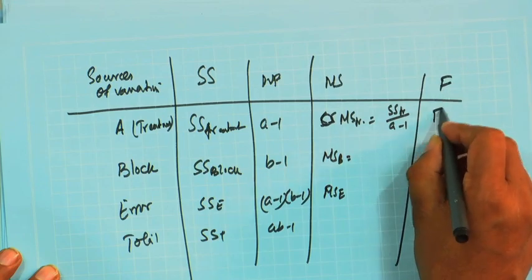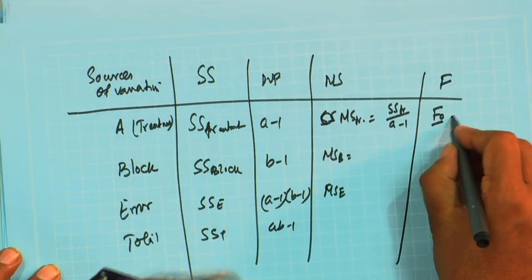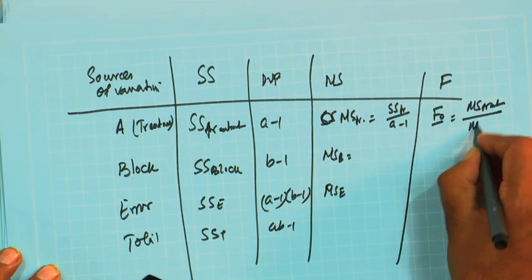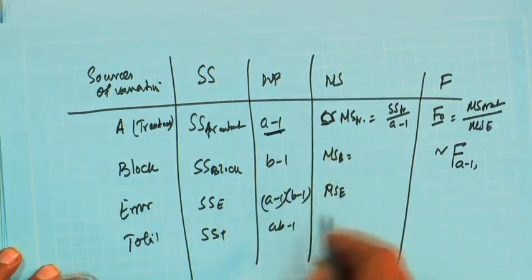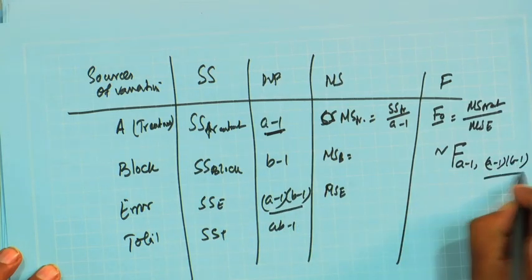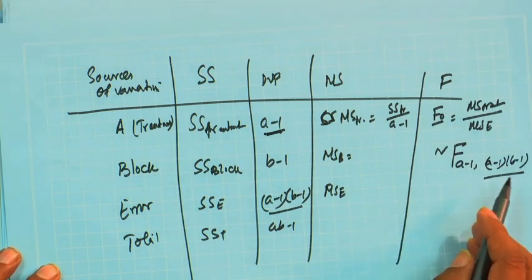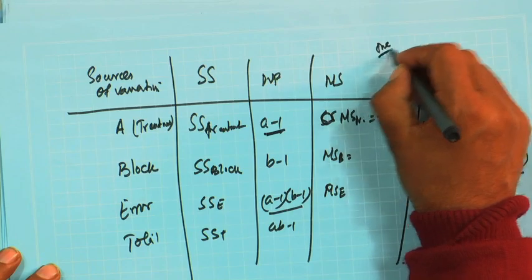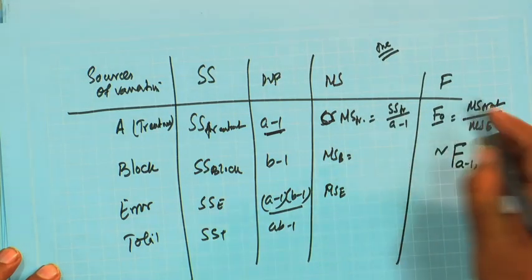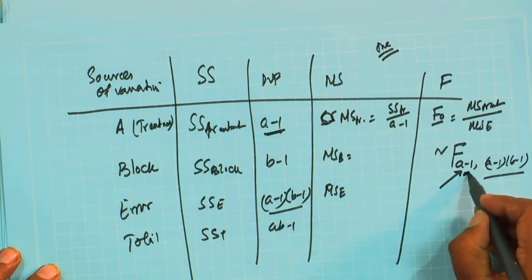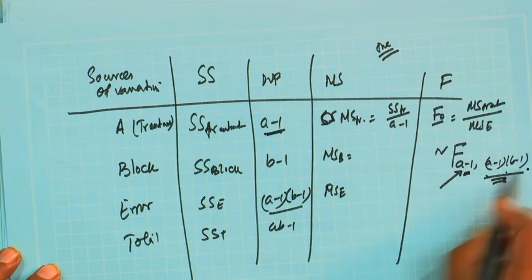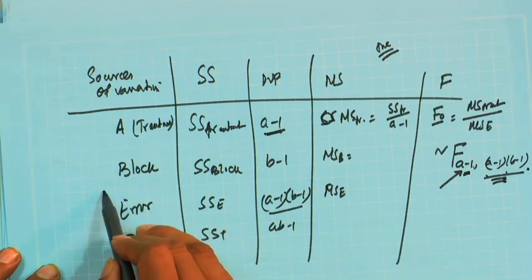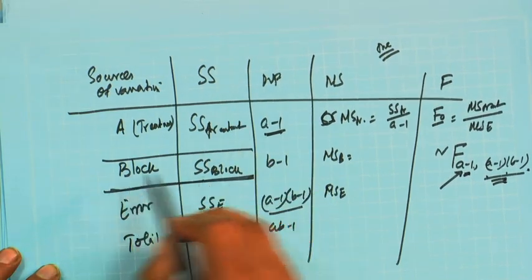Then find out F, we are interested only in this first one. So, F0 is MS treatment by MS error, which follows F distribution with A minus 1 numerator degrees of freedom and (A minus 1)(B minus 1) denominator degrees of freedom. See the difference between this and the one factor completely randomized design. One of the differences is that here A minus 1 is there, but the denominator degrees of freedom has changed; earlier it was A into (n minus 1),